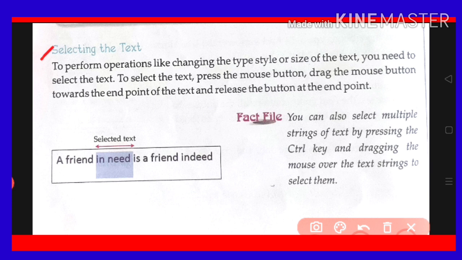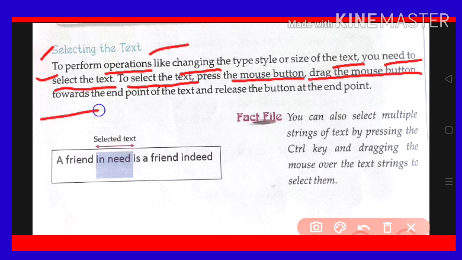Next point is selecting the text. To perform operations like changing the type, style or size of the text, you need to select the text. To select the text, press the mouse button, drag the mouse towards the end point of the text and release the button at the end point.